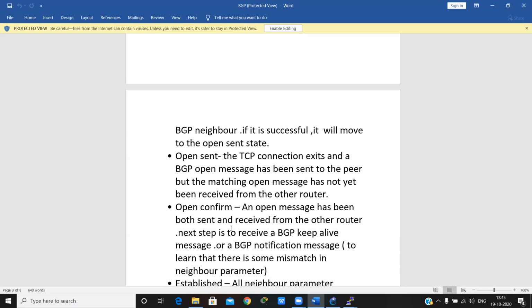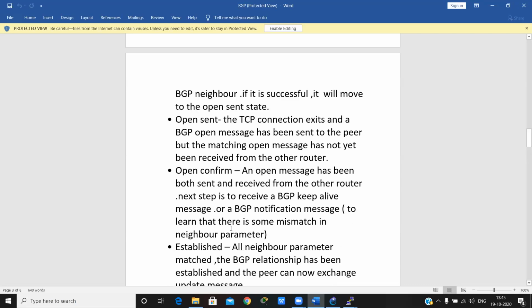In open sent, the TCP connection exists and a BGP open message has been sent to the peer, but the matching open message has not yet been received from the other router. In this state, the TCP connection is completed and BGP has sent our open message to the neighbor. In open confirm, an open message has been both sent and received.